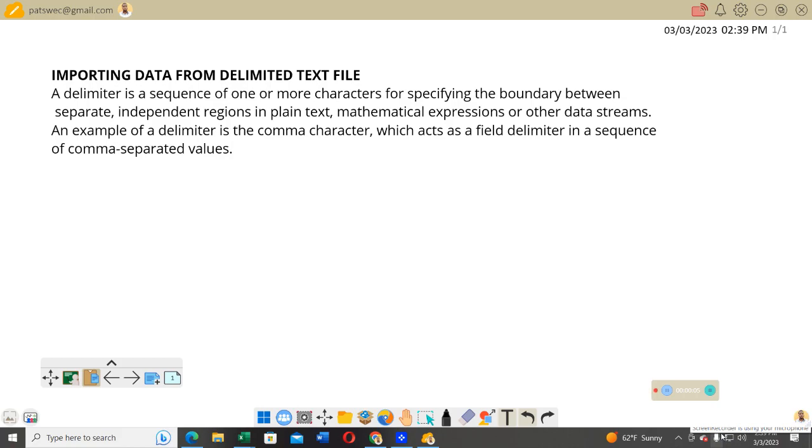Today we are going to look at how we can import data from delimited text files. To start with, a delimiter is a sequence of one or more characters that is used for specifying the boundary between separate independent regions in plain text. This could be in the form of mathematical expressions or other data streams. An example of a delimiter is a comma, which acts as a field delimiter in a sequence of comma